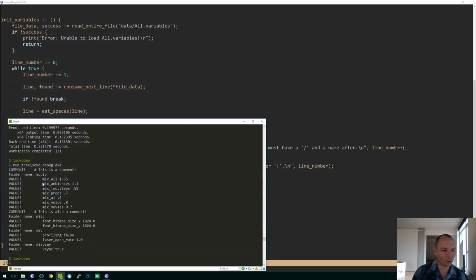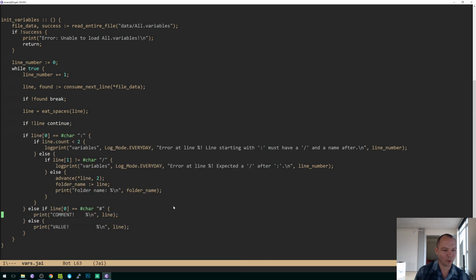All right, so now we're checking for proper syntax, and now we're peeling off that stuff from the folder name, because you see that there. So now we're going to ignore the comments. So ignore comments. And then for value, we're going to peel off the name. And then once we have that, we are going to start doing the interesting part that involves introspection soon. All right. So value. So here,